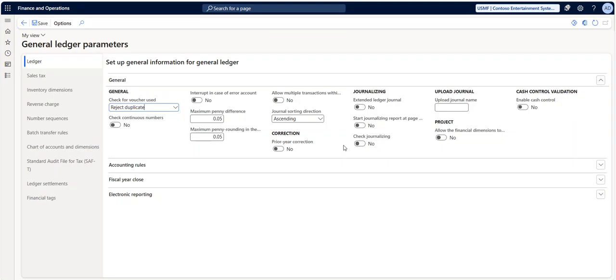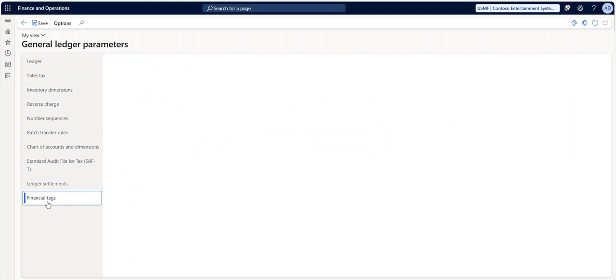Now here, if you see, we have financial tag. In this particular financial tag we will specify the segment separation. Like for example, I want to use hyphen as the delimiter, so you can select separation of hyphen or underscore. Similarly for chart of account and dimension,